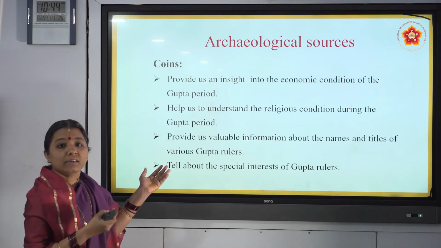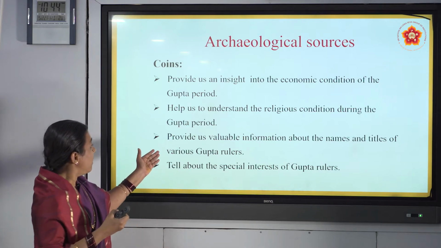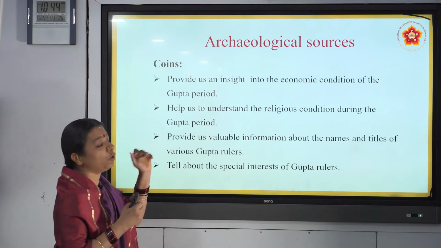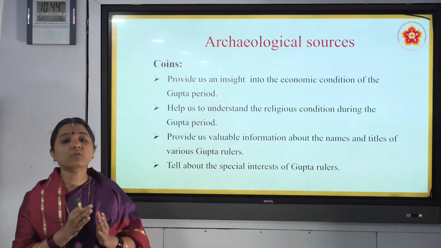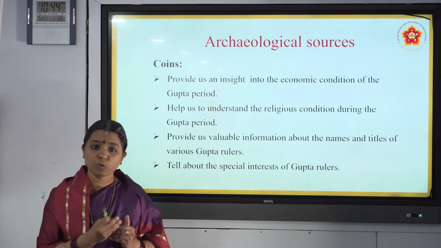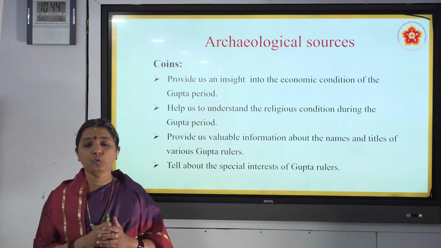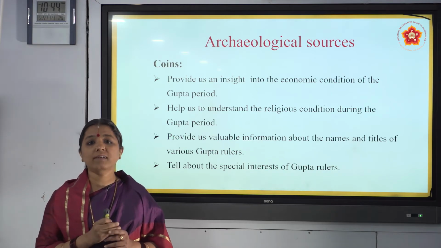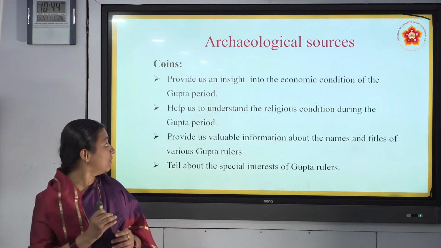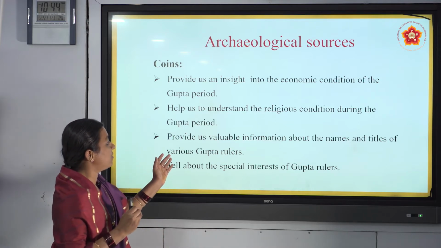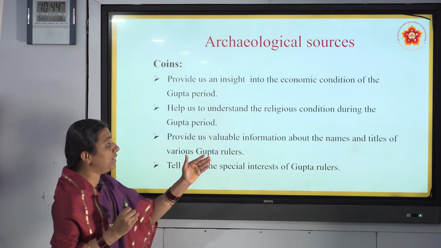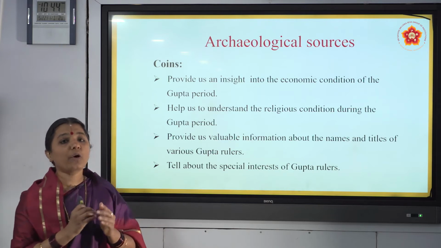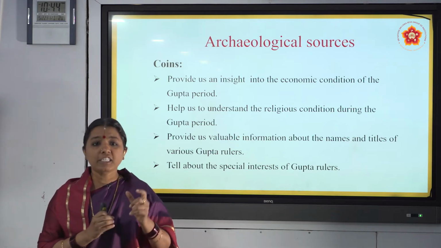We come to know about this from the coins, and it helps us to understand the religious condition during the Guptan period. Yes, most of the coins issued by Samudragupta as well as Chandragupta II bear the image of goddess Lakshmi. It proved that they are staunch Vaishnavites, and it gives the valuable information about the names and titles of various Gupta rulers. Yes, in one of the coins issued by Samudragupta, it bears